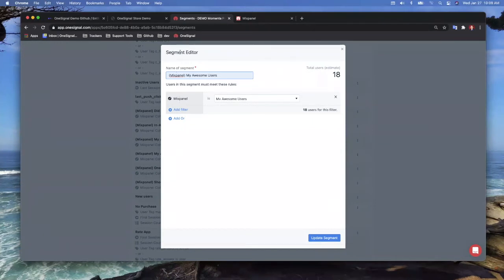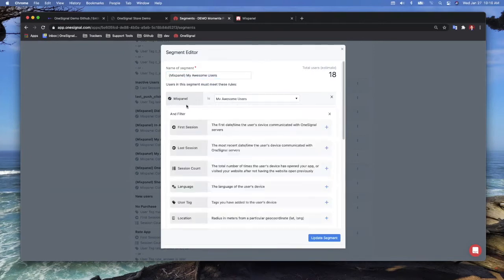So the OneSignal segments use data filters, where you can combine them with AND or OR operators to make really granular and advanced segmentations. So if I wanted to sync all my awesome Mixpanel users into OneSignal, I can do that. And then if I have any other data in OneSignal that I wanted to combine in this segment, I can do that as well. You don't have to, but if you wanted to, you can